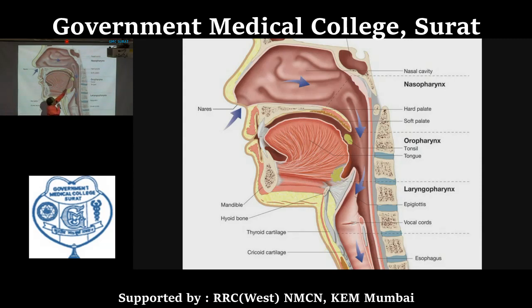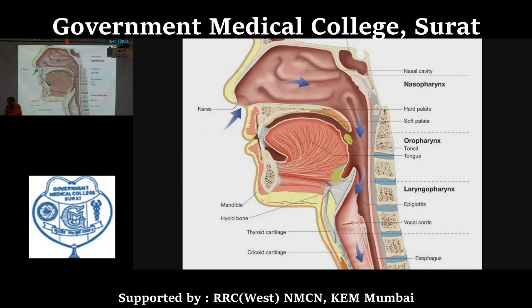Now, how does this communication get closed? Here, this is the pharyngeal isthmus, and I told you the boundary of this pharyngeal isthmus, that it is bounded by this ridge of Passavant as well as the free margin of this soft palate. Now, this soft palate gets elevated and the ridge of Passavant gets constricted because of the contraction of the underlying palatopharyngeal muscles, the palatopharyngeal sphincter. So, this pharyngeal isthmus gets closed, and here the laryngeal opening also gets closed.